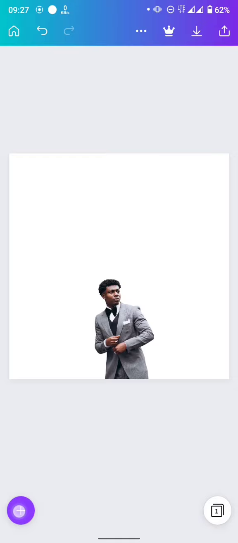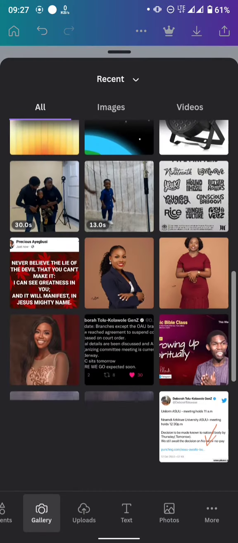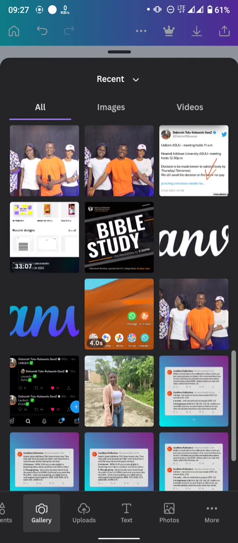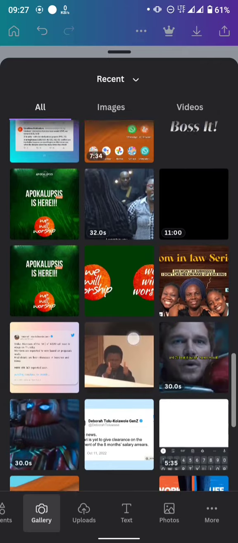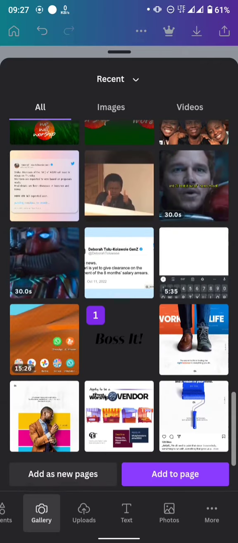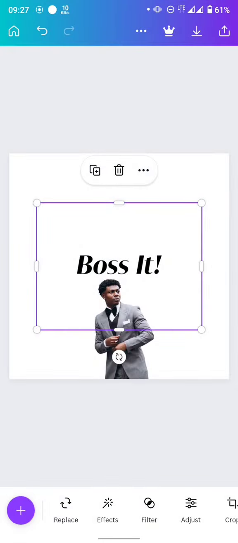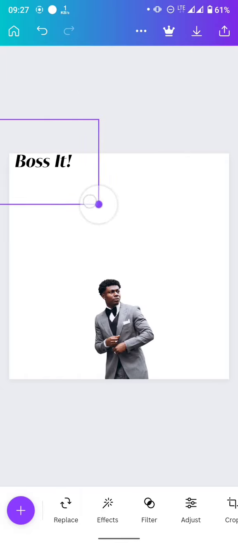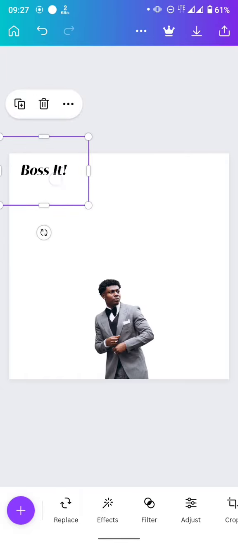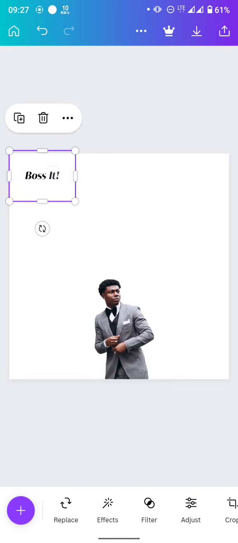Like I said, we want to use our logo, so I have the Bossit logo here with me. If you don't have any logo to use, you can just put probably your name. So this is my Bossit logo. Like I said, that has to be PNG too, because the background has to be removed. You can just use your name and put it in that corner, so you have a similitude of that design, right? So yeah, you have to of course respect borders, and that's one thing that's important